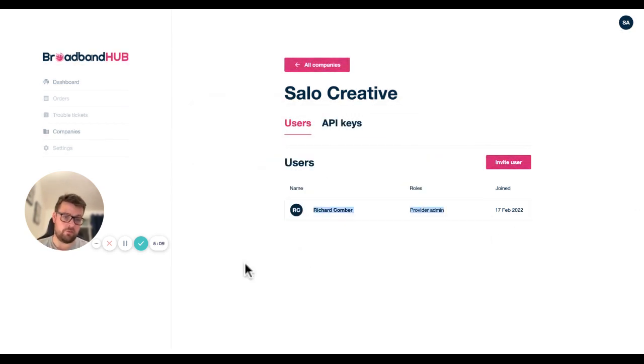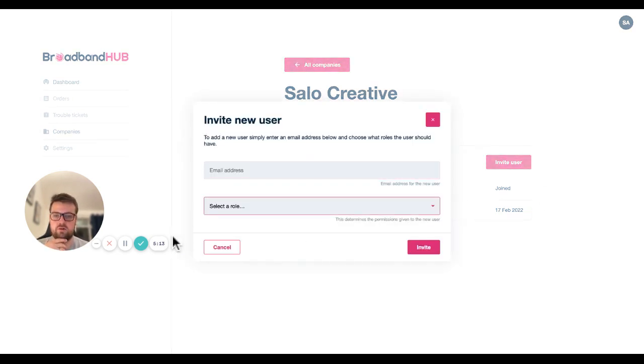That the provider admin can also invite another user to the system. So I'll go ahead and select a role, and you see it's already filtered down so that you can invite other providers, but you can't make them network admins and things. So we'll just make a developer. We'll invite them